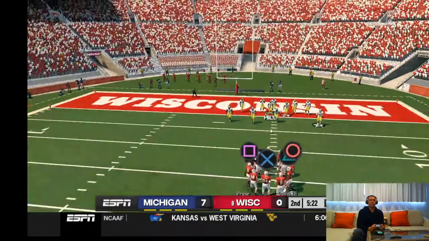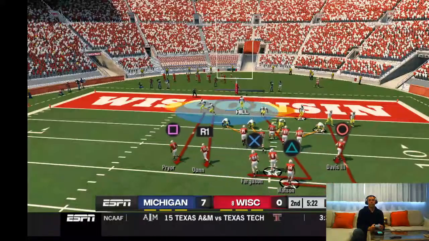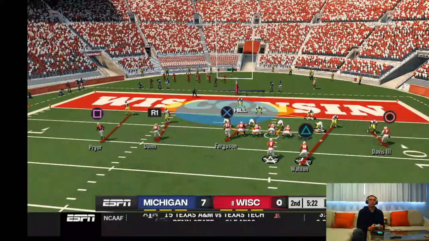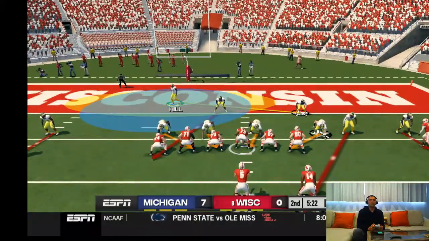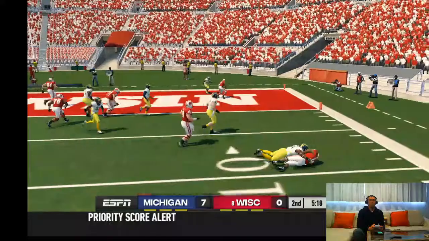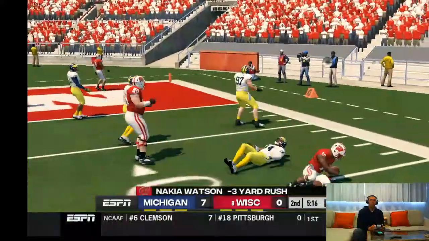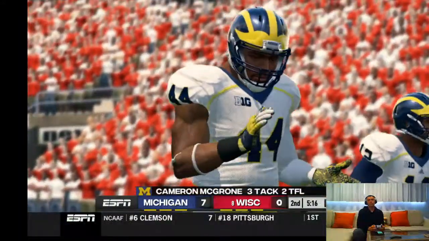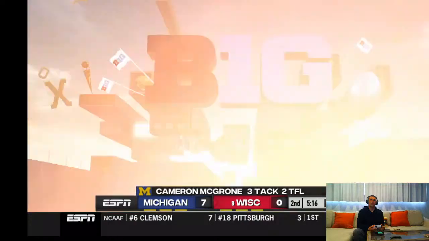First and goal from the 5, and looking to cap this off with a touchdown. They'll knock him down for a loss. Calling a loss of 3 yards on the play.